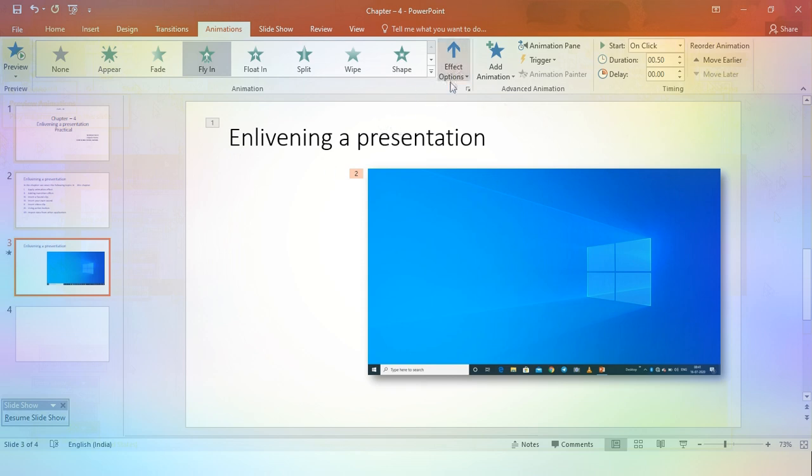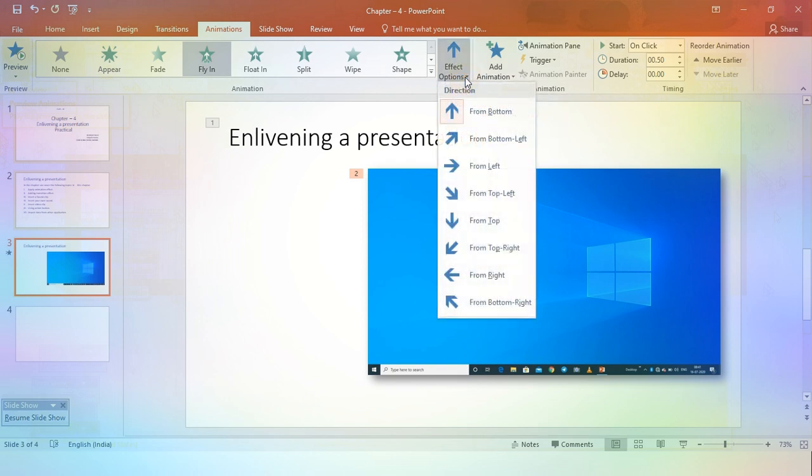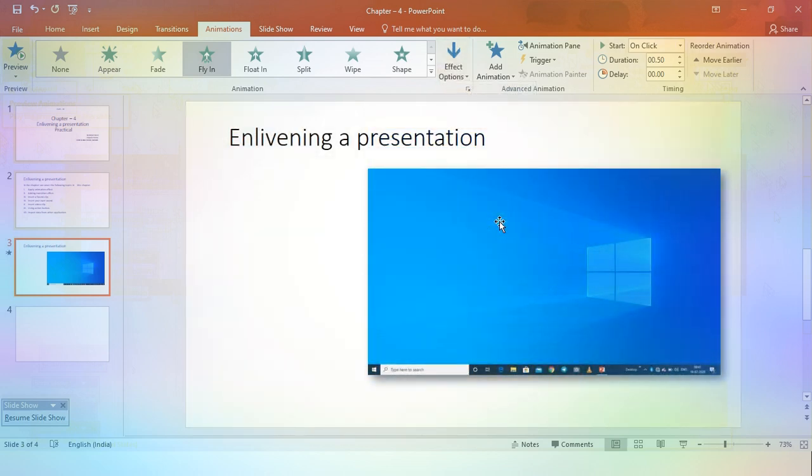There is one more step, the effect. You can go through the animation group, and thereafter you decide from which side or direction the picture comes. Now you can see that the picture appears from the bottom, and if you want it to come from the top, just choose it, and you can see it now. These are the aspects of this practical class.